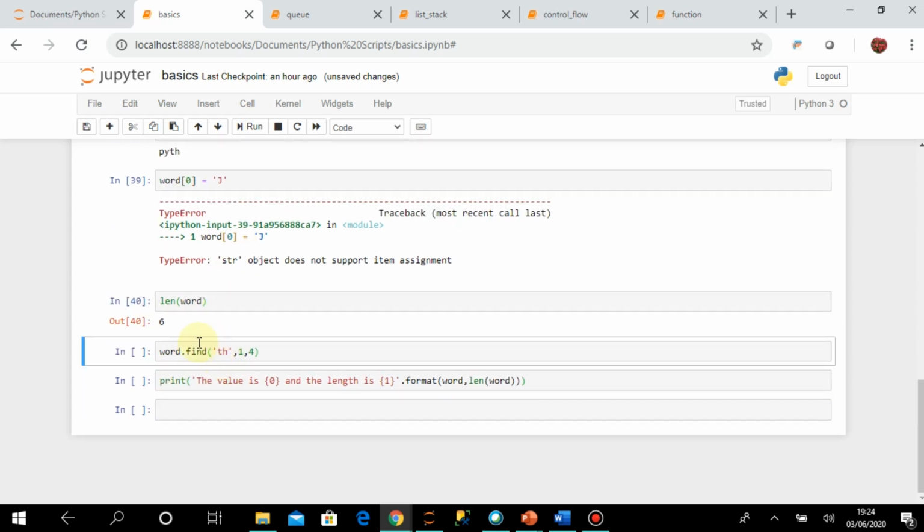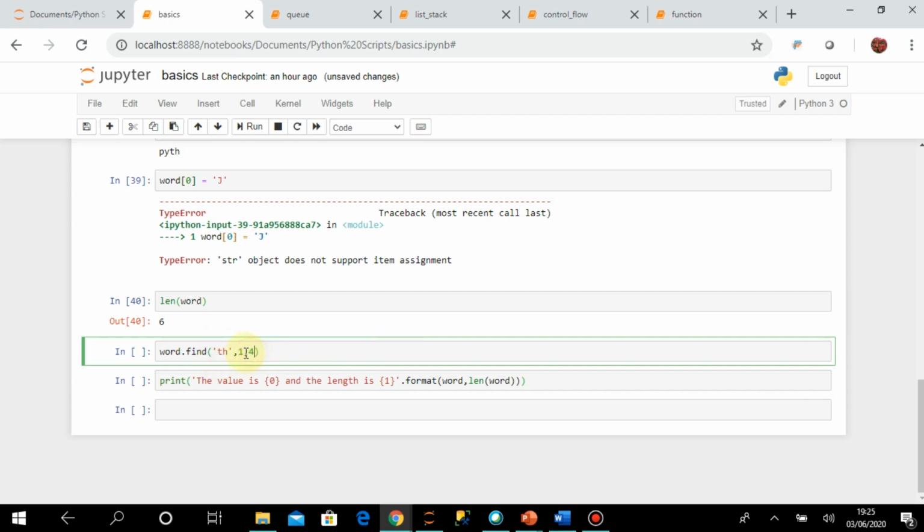Then I can find something in the string variable, that is also possible with the find function. Here I have written th, so I want to find the substring th in the entire word, that is Python, and the start and end positions are optional.